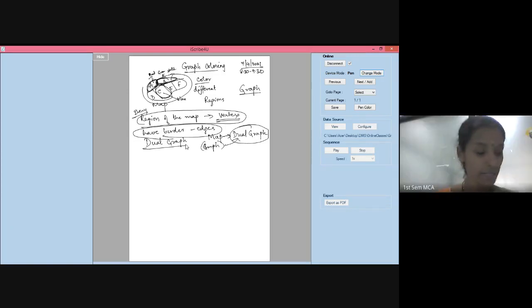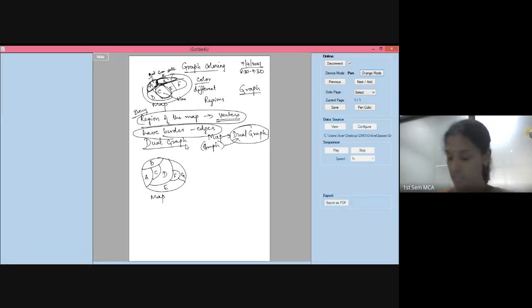Yes, ma'am. Let us take an example quickly. Let us say this is a map of some country. Now I am going to have different regions here. This is B. Let me quickly put down A, B, and then I have a C here. Then I have a D. Please note down F. Then this is E, and this is G. This is a map of some country, and A, B, C, D, E, F, G are all representing different regions in the map, or you can take it as states or cities or whatever it is.